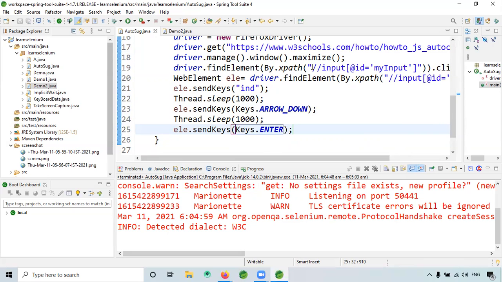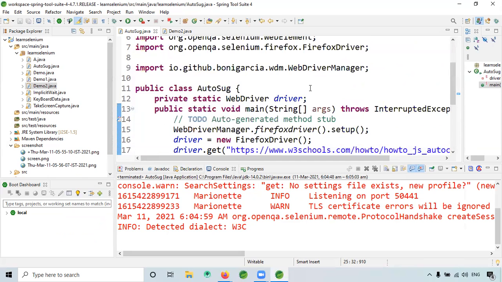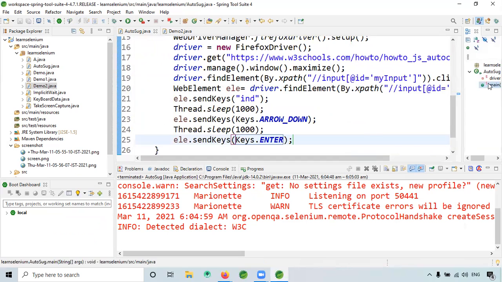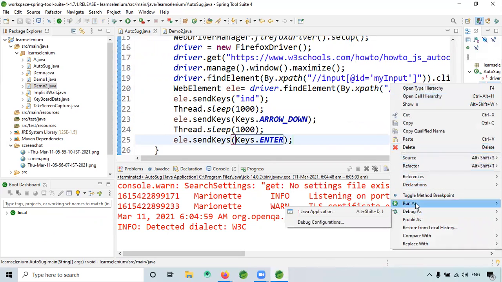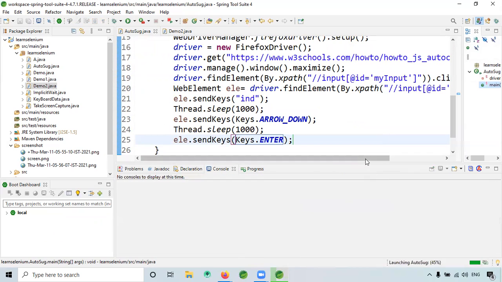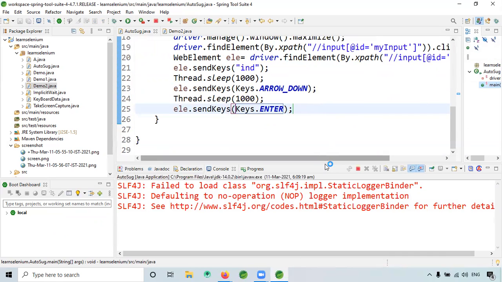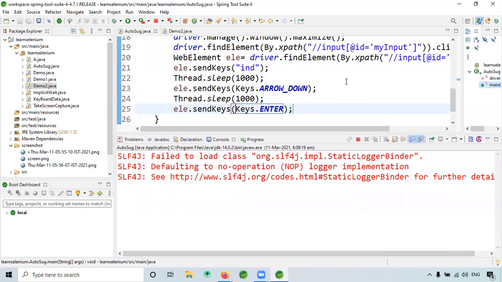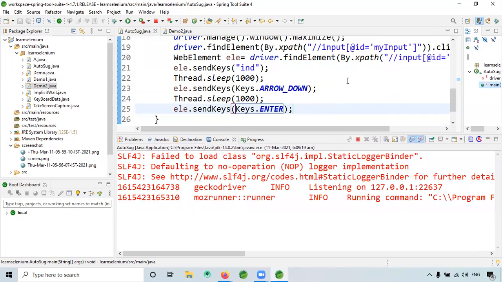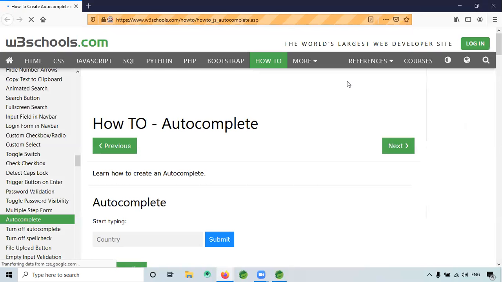So this is the code. That's all we have to do. Let's see whether it works or not. Okay, it clicked.